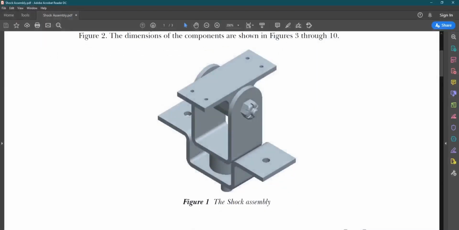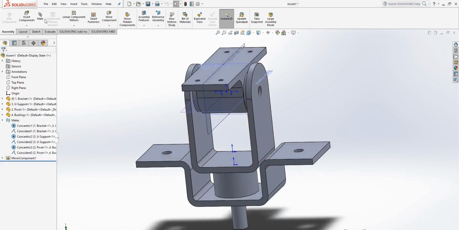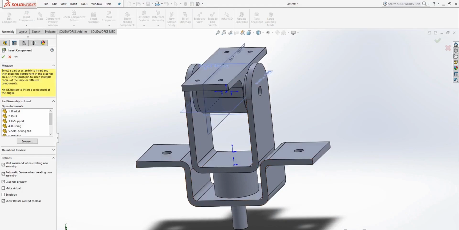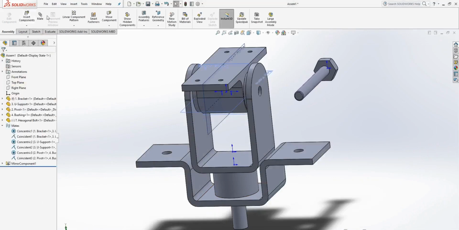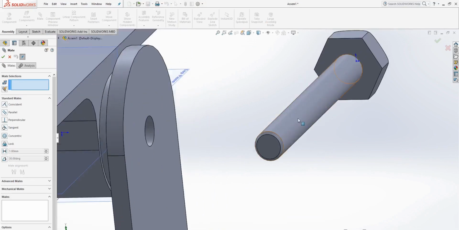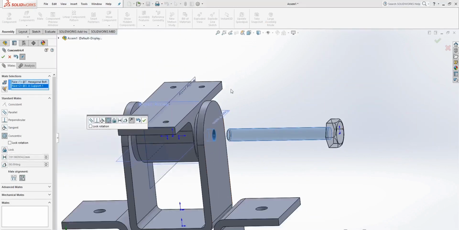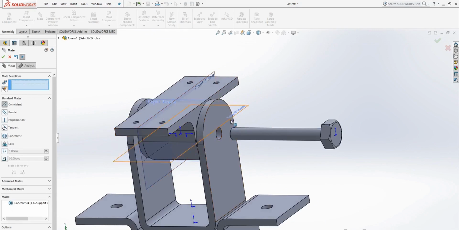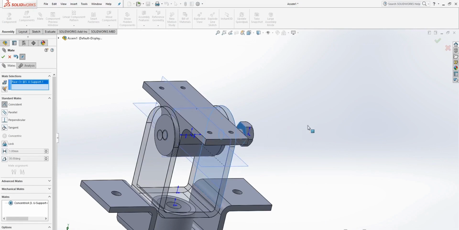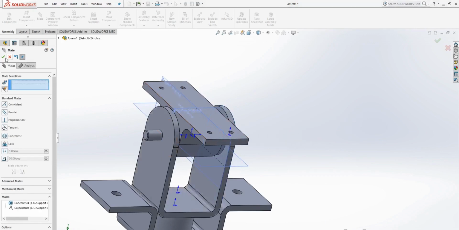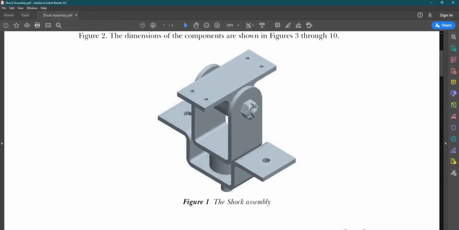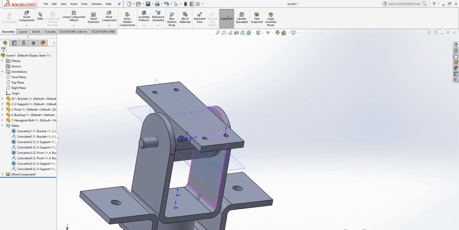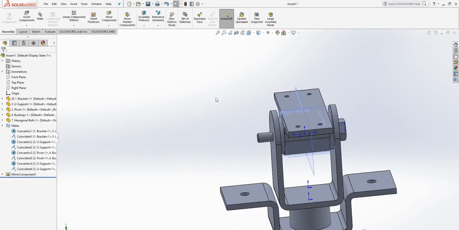Okay. Now the next part is going to be the hexagonal bolt. Mate and lock rotation and give a face contact. Okay. Now after assembling the hexagonal bolt,